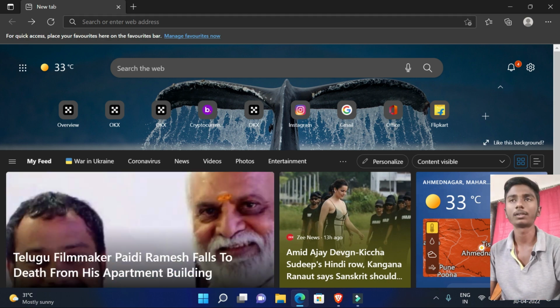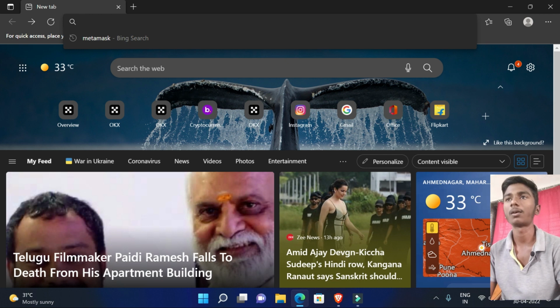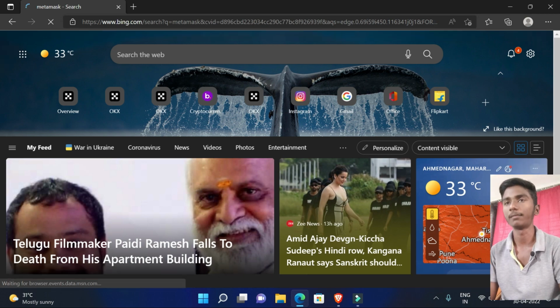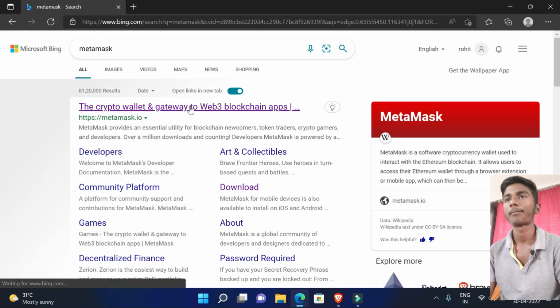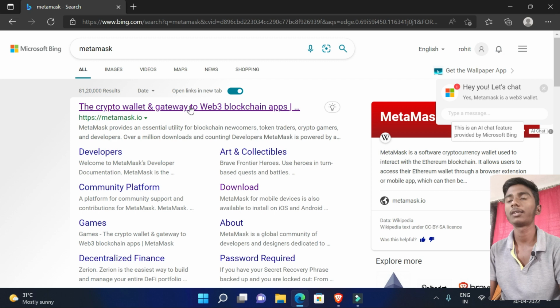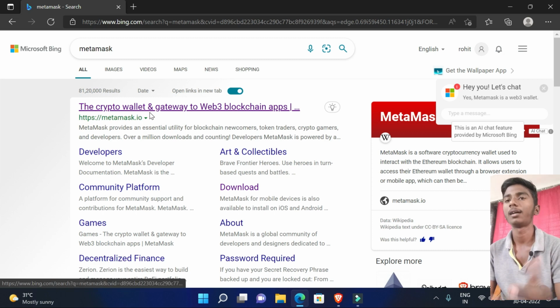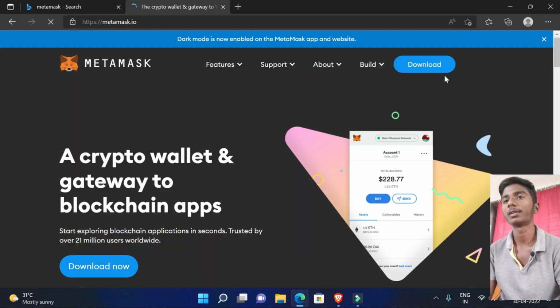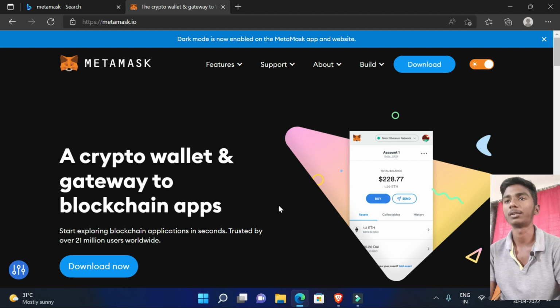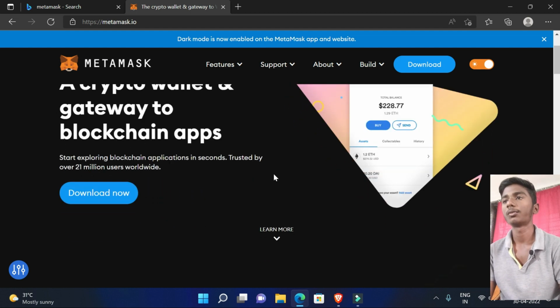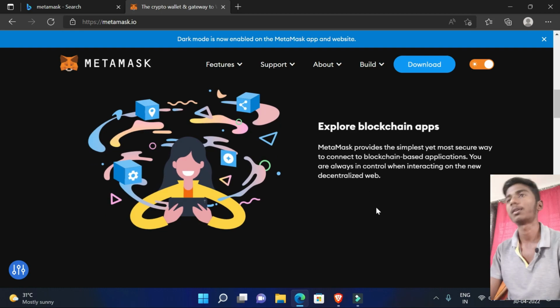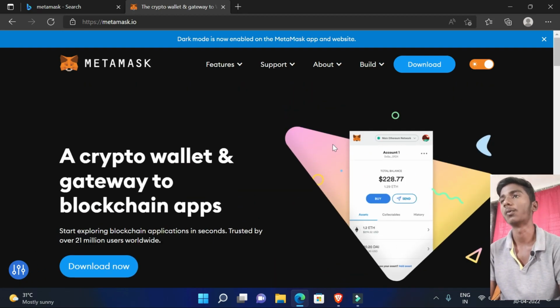So let's move towards our browser. Now, as I have Microsoft Edge open, I will search for Metamask, and now the first link. You have to click on the first link, metamask.io, and you will have all the details about the Metamask wallet and all its cool features. You can also read that if you want to, or otherwise just hit the download button and it will